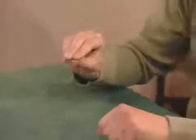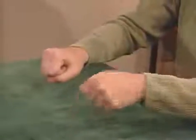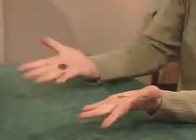Here's another nice finish you can do. Rather than penetrating a coin through your hand, you can cause one to jump from one place to another. So after you've done the phony move there, supposedly putting both coins in this hand, you can say, watch, I'm going to make one of those coins, and then close your fist on it, jump from here over to here, and then just make a little magical move like that. Show the coin over here, show the folding coin over here, and it looks like one has jumped into